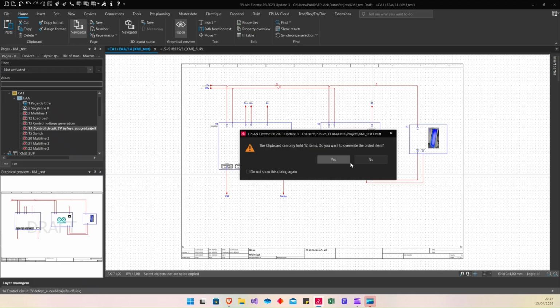Do you want to overwrite the oldest item? That means that when you copy a lot of objects and arrive at the limit of the clipboard, the older objects will be deleted and replaced to free a place to add a new object in the clipboard.